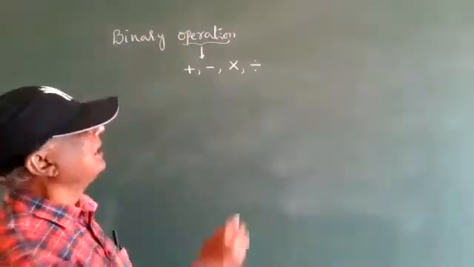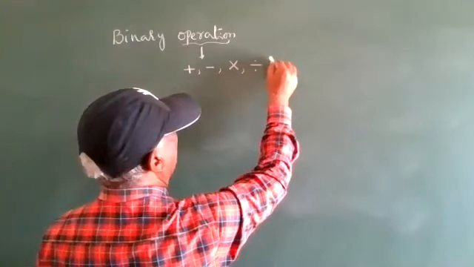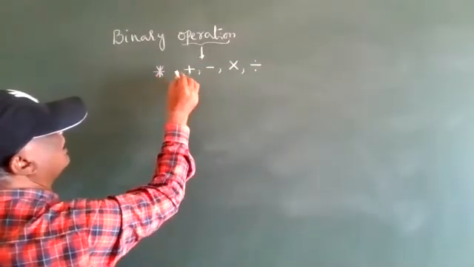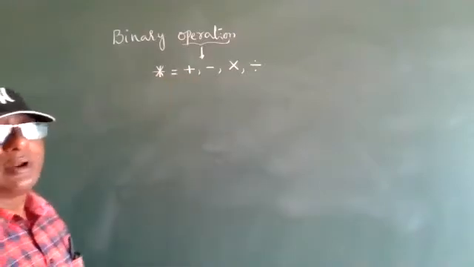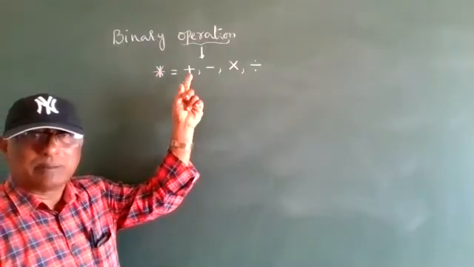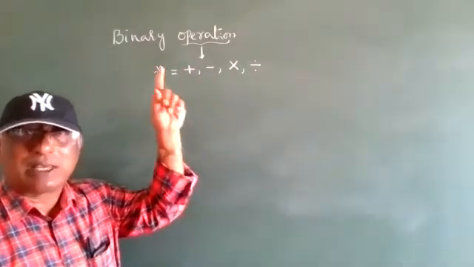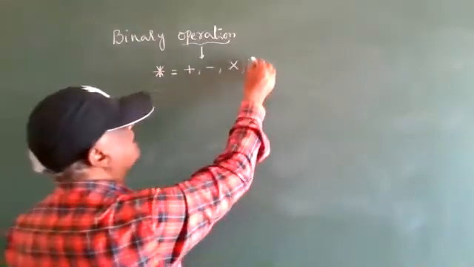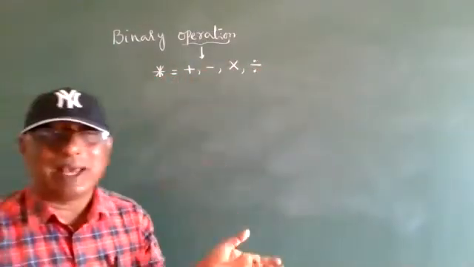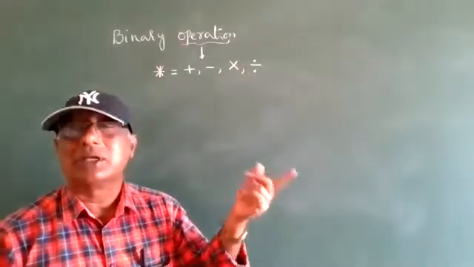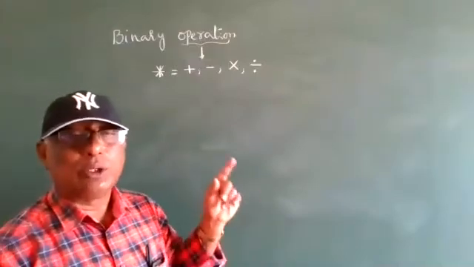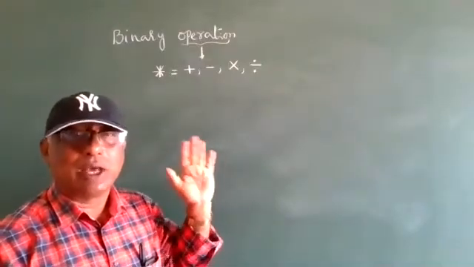These are all represented by the star mark. Therefore, an operation should be represented by the star mark. Star mark means it is a plus or minus or multiplication or division. So star means either plus or minus or multiplication or division. What that one is, we are going to see in the problem only, how they are going to define it.